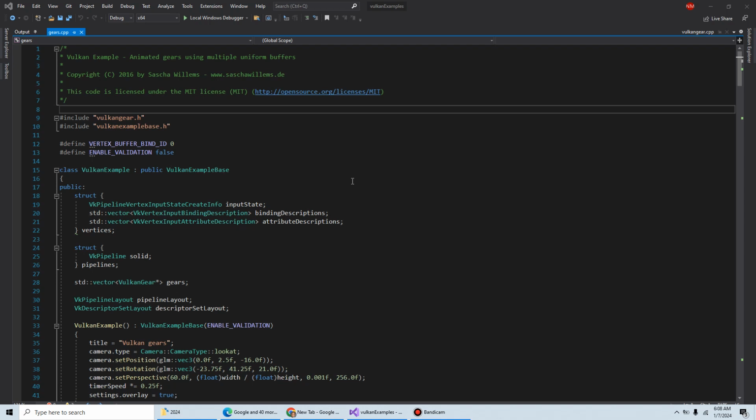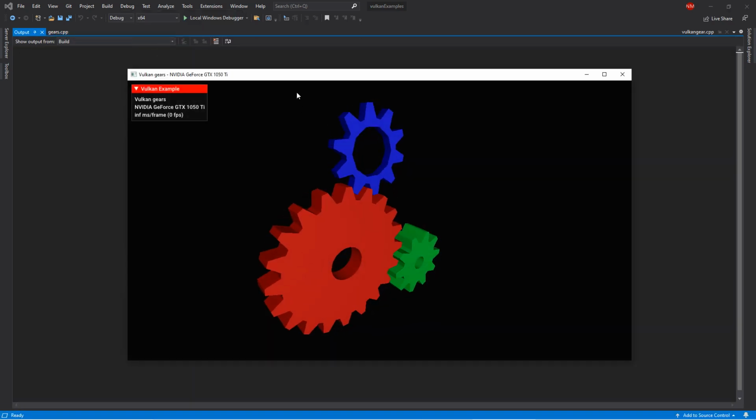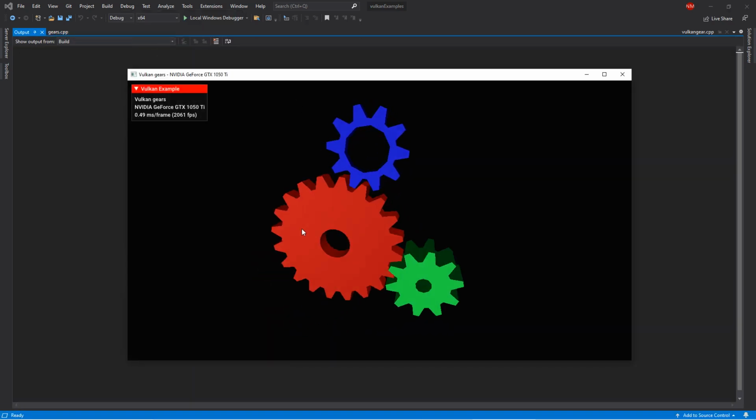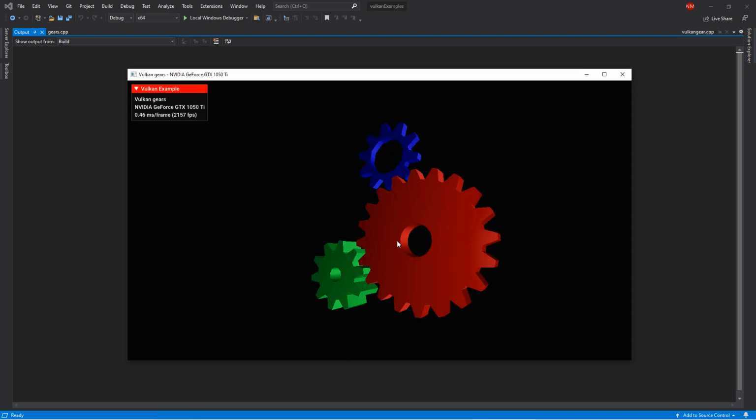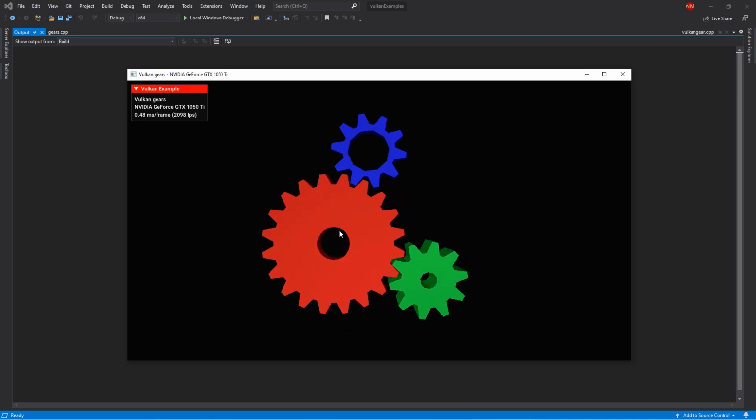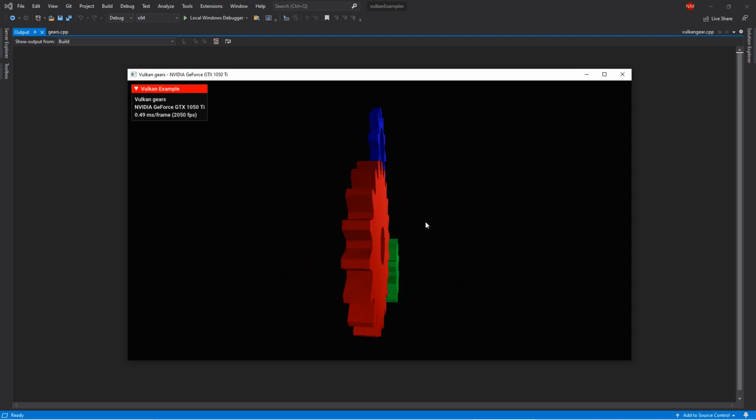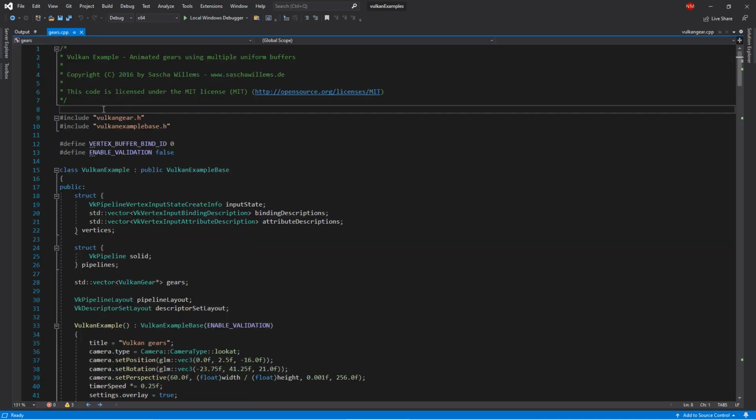It is an algorithm that is used to generate a bunch of gears that rotate. Okay, so it has a camera system, and that's pretty much it, right? So it's a set of